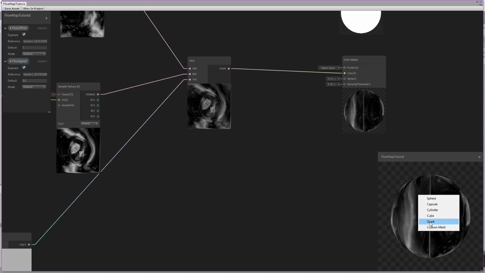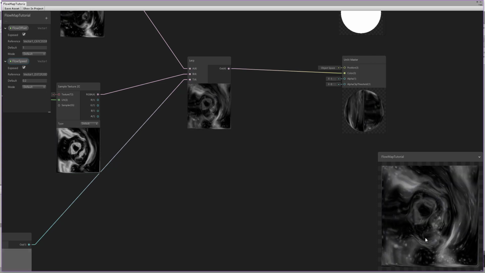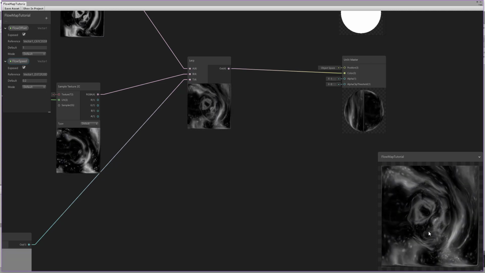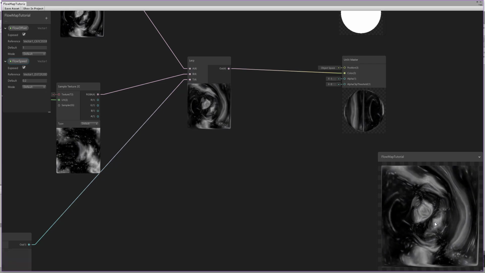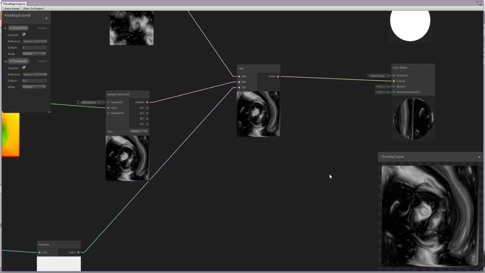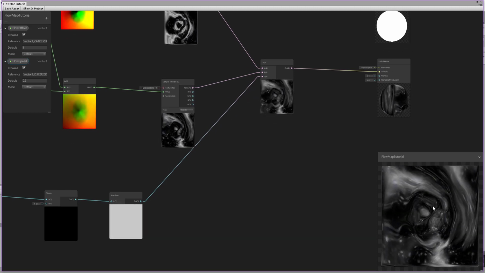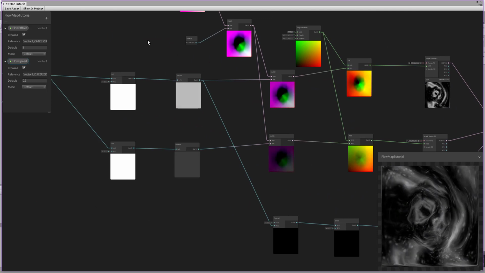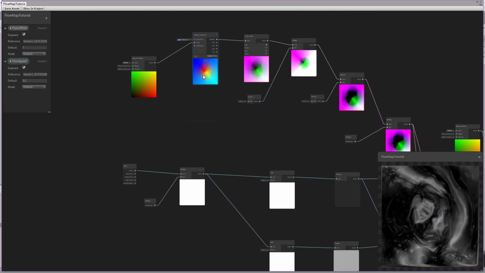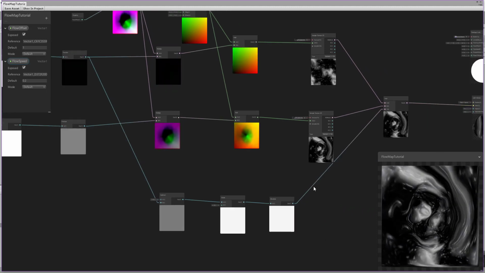Let's change this to quad. Okay, so as you see over here, the flow map's job is to take the main texture, which we get over here, and make it animated based on the flow map, which we provided over here. It should look like it's flowing